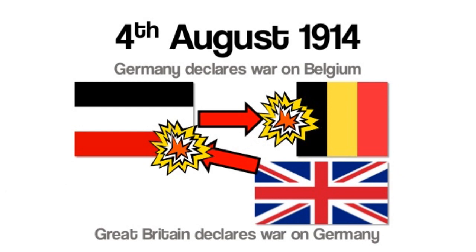Germany declared war on Russia, so the war started with Russia. Then, since Russia is an ally of France, Germany declares war on France as well. Now, Germany had a problem. She could have two fronts: the Western Front against France and the Eastern Front against Russia. So Germany decided to attack France first to eliminate France, then go back to take care of Russia.